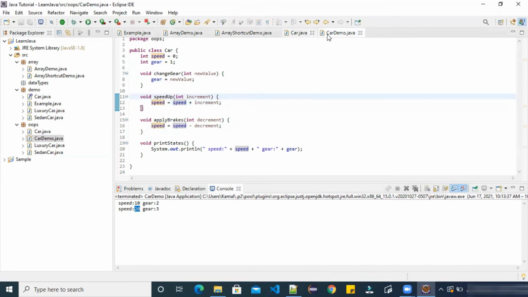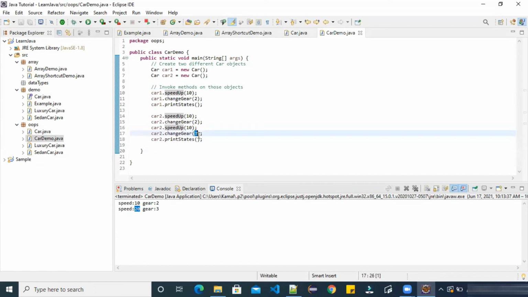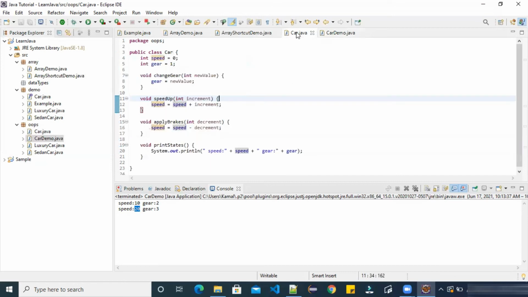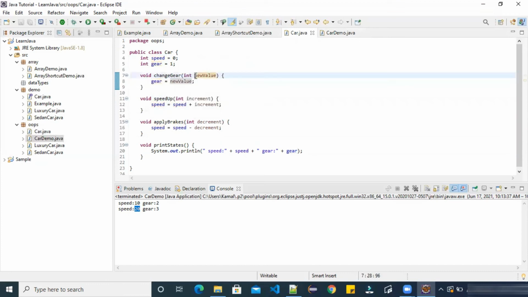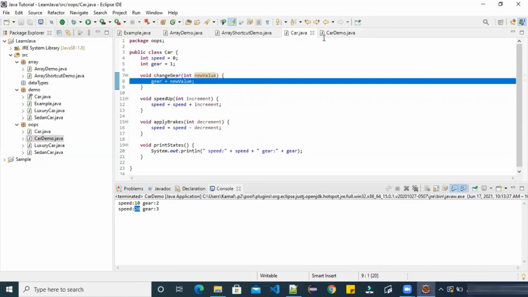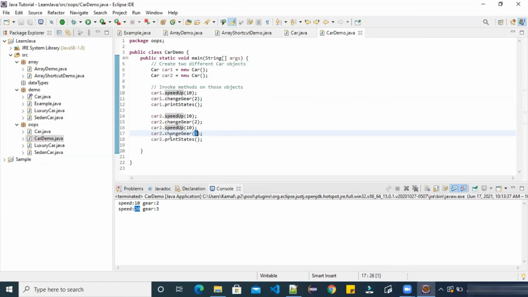Similarly for gear. First we changed the gear to 2 and then to 3. When gear was changed to 2, it was assigned directly. We assign whichever new value is passed to gear. Now gear has 2, but when this line was executed, changeGear 3, then gear had the value 3.